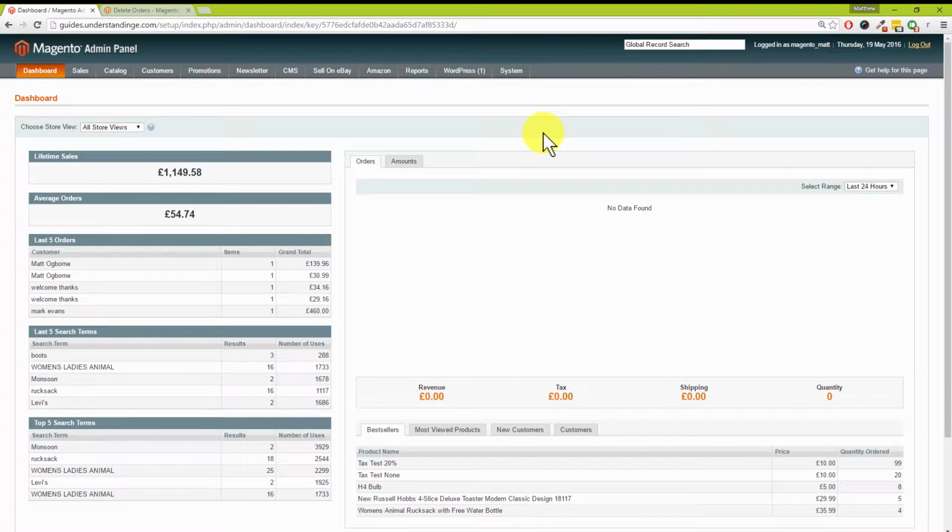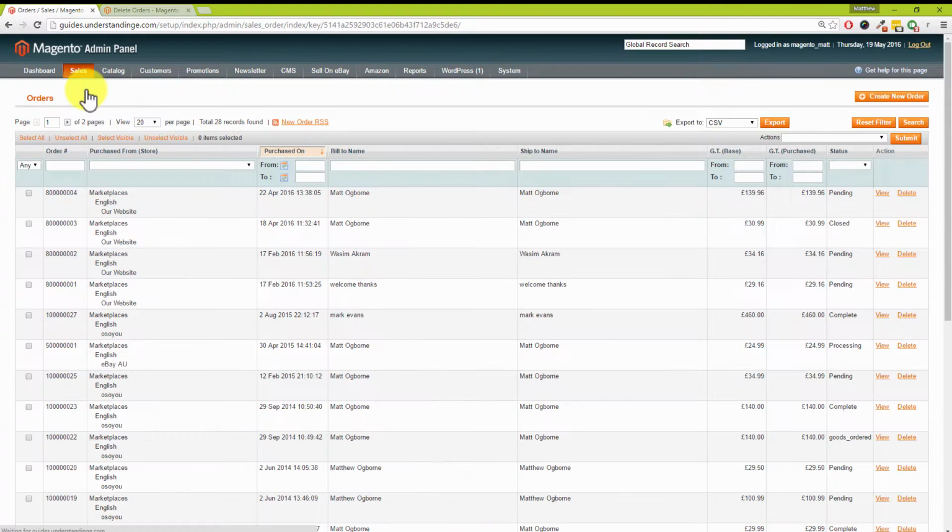So Dave, Magento out of the box does not come with a delete order option from the orders menu at all. No, it doesn't, does it? What this extension does, so if we go to sales and then orders, and then imagine that you've been testing on your Magento site and you want to clear out some old orders, you couldn't do that without adding this extension. Well, you could, but you need to go and hack around in the database, and that's not very user friendly. So by adding this extension, so we've got an order here for this chap called Matt Ogborn, and we